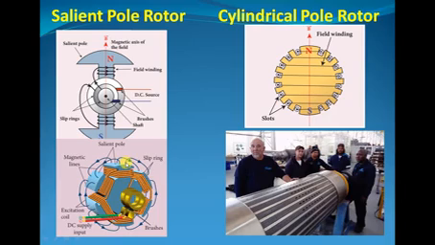Here north pole, south pole, north pole, south pole. So it is a 6 salient pole rotor. Here you see a 2 salient pole rotor. This rotor has a number of projecting poles with their bases riveted to the rotor. It is mainly used for low speed alternators.